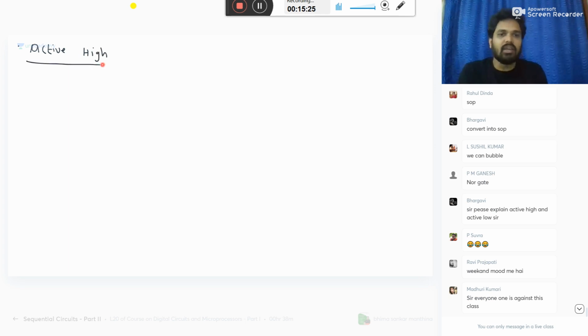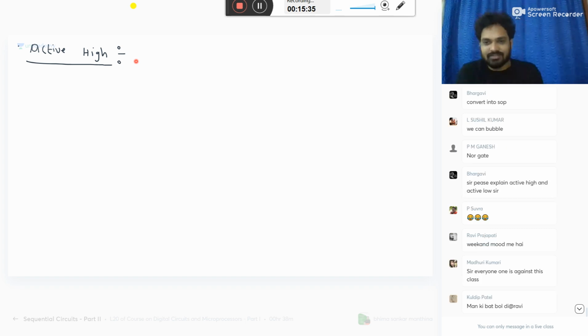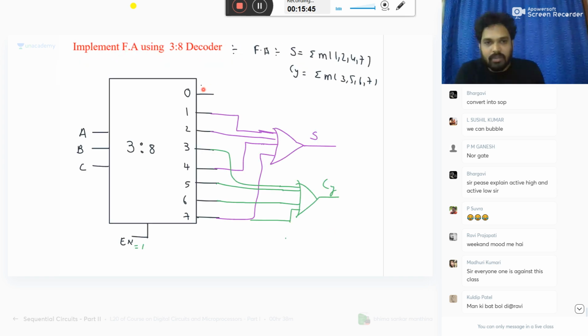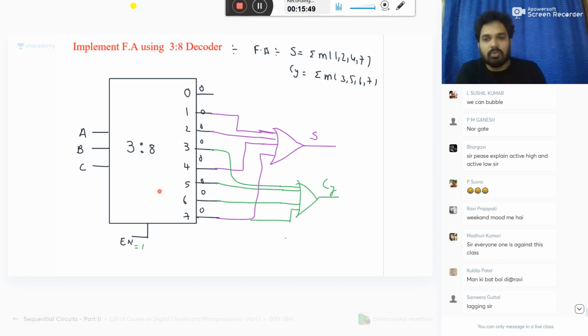What is active high? Active high meaning is very simple. By default, all outputs are zero. Listen. By default, all are at zeros. Whenever it is activated, by default, all will be zeros. Everything will be zeros. When you give one input,